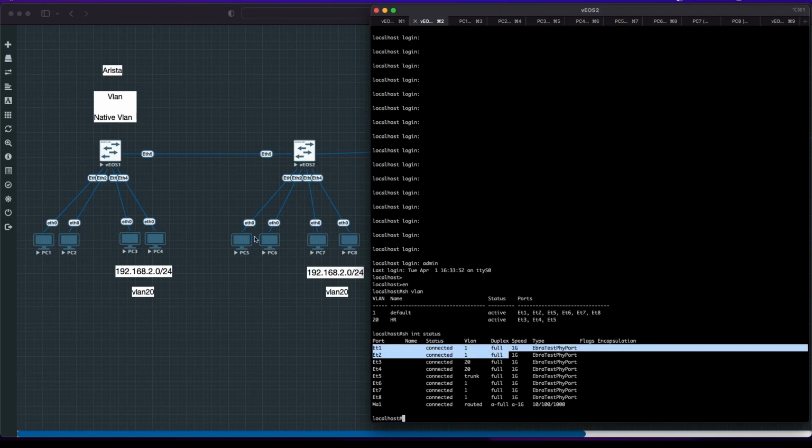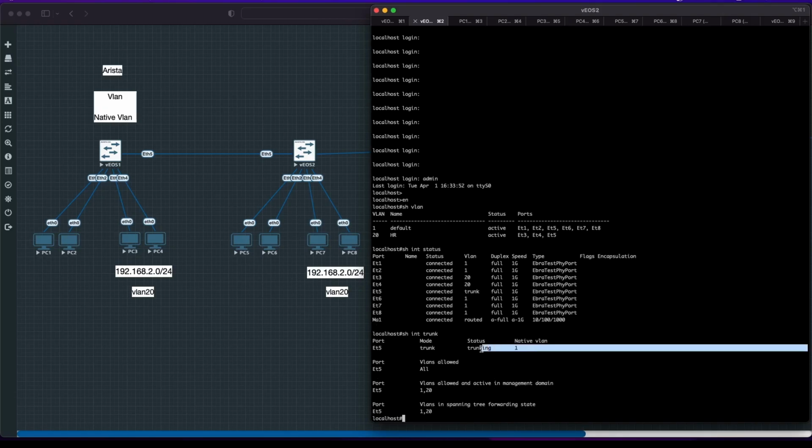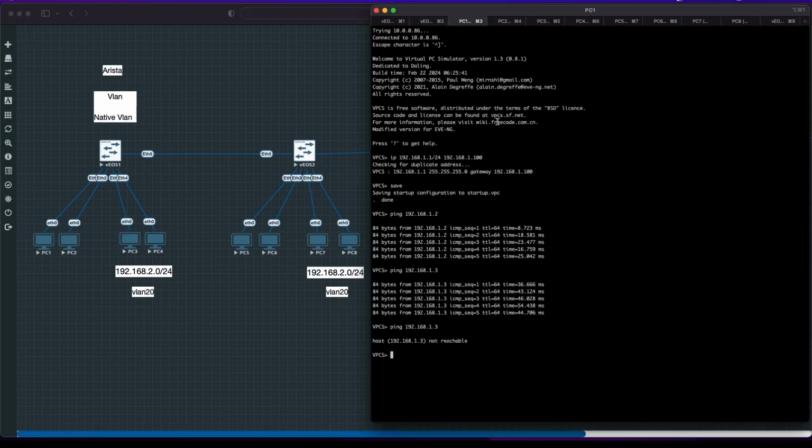Alright, so the concept of native VLAN: the devices on one switch that want to communicate with the devices on the other switch, which are not in any of the VLANs, will not be able to communicate unless you configure the trunk port. If a trunk port is configured, then the traffic is going to be carried along with the native VLAN 1. So let's see show interface trunk. As you see here, the native VLAN is configured as 1, so it's going to carry the traffic, and it should also be able to ping